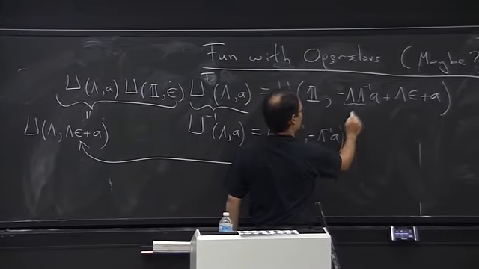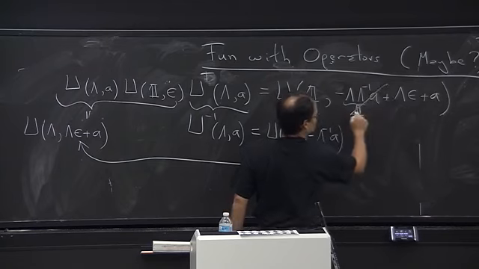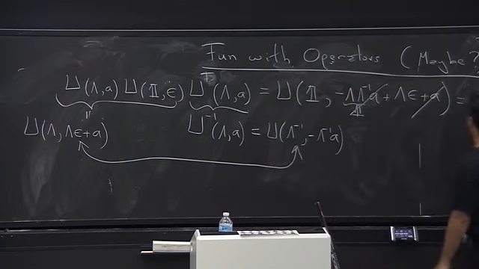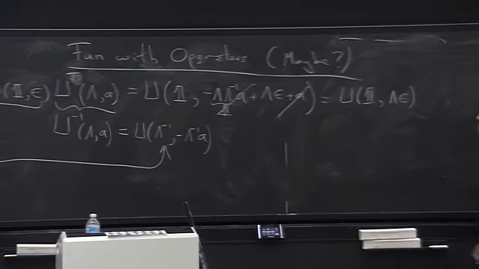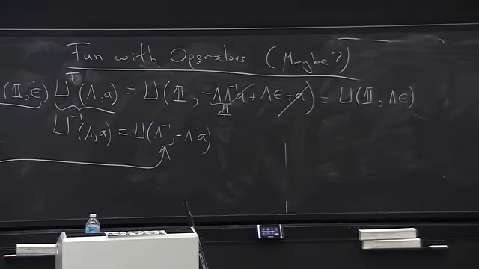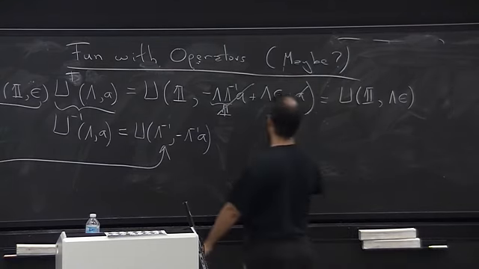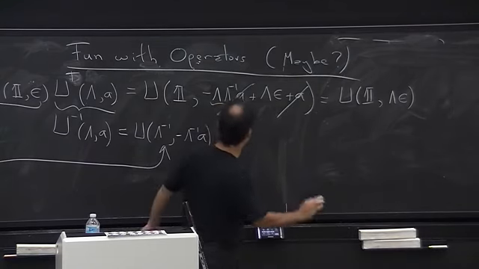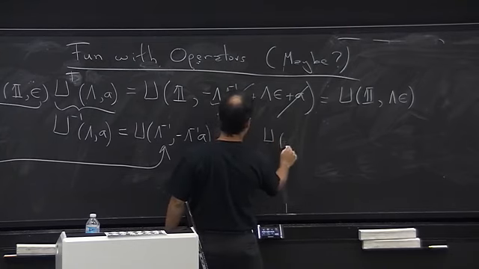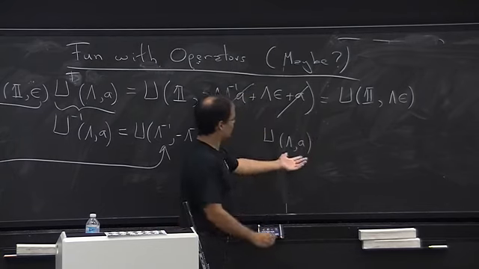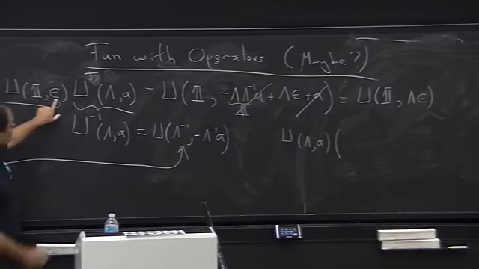Now this is the identity matrix, and this drops out with this, and we get U I lambda epsilon. That's pretty good. Now we found our identity, and so far we're having fun because it seems correct. Okay. So we found our identity, which says that this operator acting on this operator, assuming this is infinitesimal now,